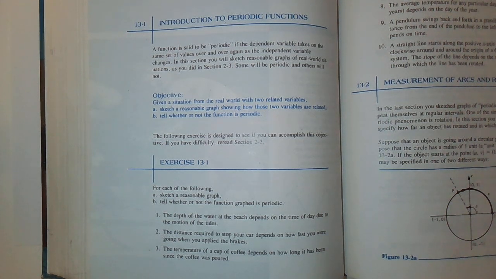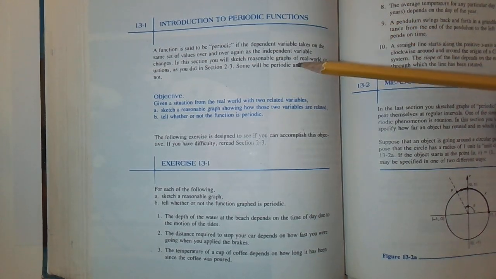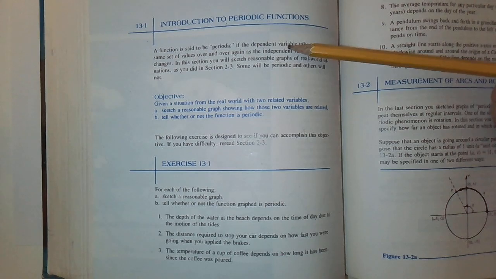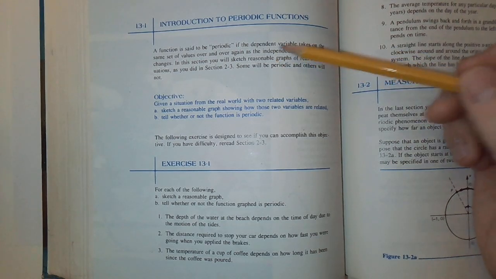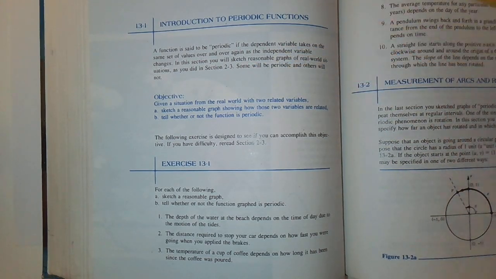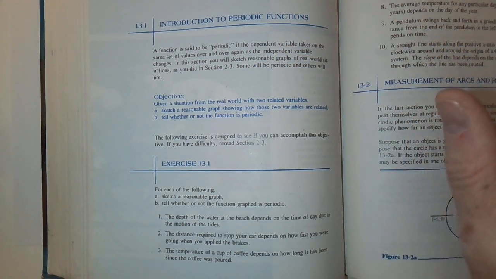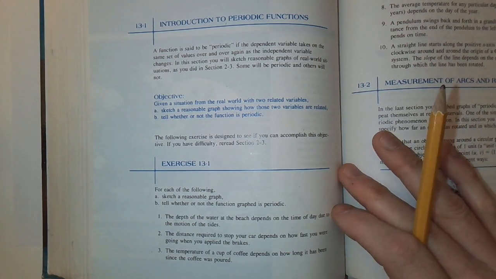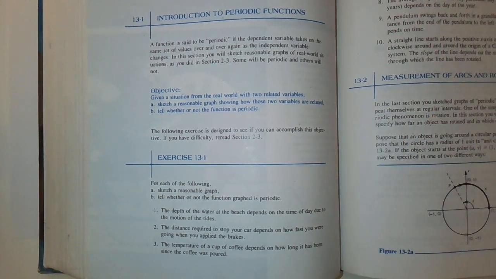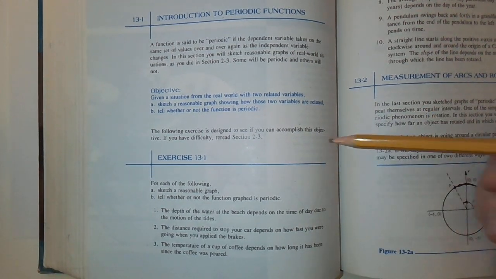Okay, we're doing section 13.1 today from our Algebra and Trigonometry book, Intro to Periodic Functions. A periodic function is a function that kind of repeats itself, like a pattern across the x-axis or the domain. The paragraph talked about dependent variables and all of that. It's really just referring to the function when you graph it, repeats itself as you go left and right on the graph. And so these exercises that you're going to be doing will describe something that it wants you